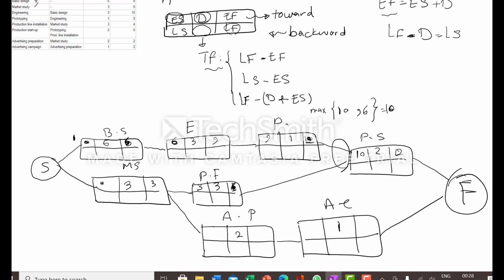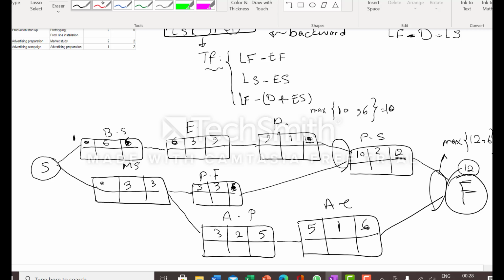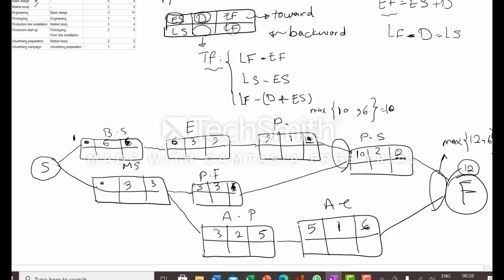For this activity also, it starts at 3, finishes at 5. 5 plus 1 is 6, and we should use the maximum also here, maximum of 12 and 6. The maximum is 12, so the duration is 12. This is used for the forward pass. Okay, for backward,